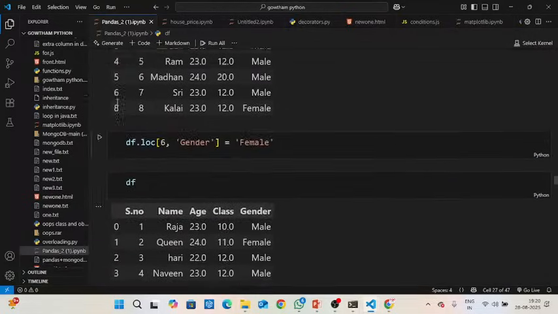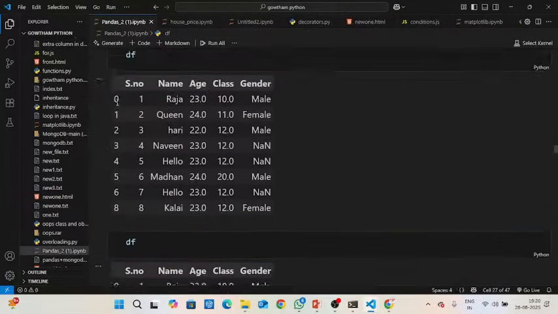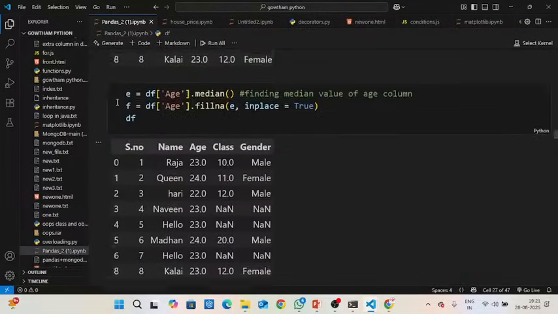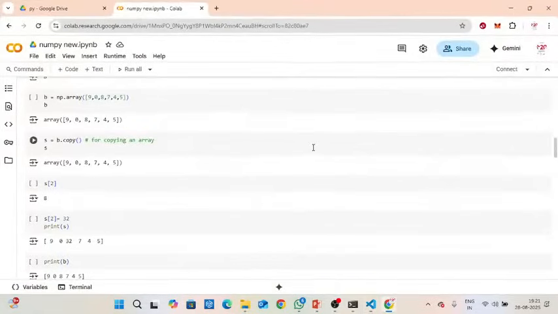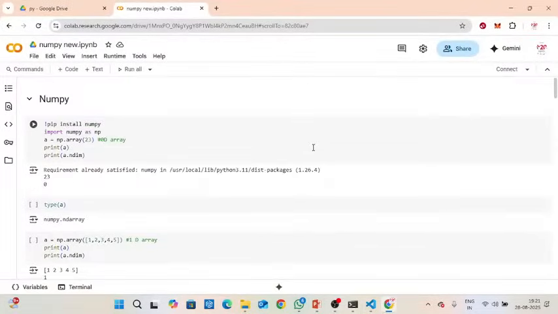Okay, that's it. Now Pandas is nothing but we can load a data set and clean that loaded data set. After that, NumPy is also one of the important libraries used to handle all the numerical values and arrays present in that data set. First you need to install NumPy. NumPy means Numerical Python. After that, we need to import NumPy as np. Instead of calling NumPy, I directly call np.